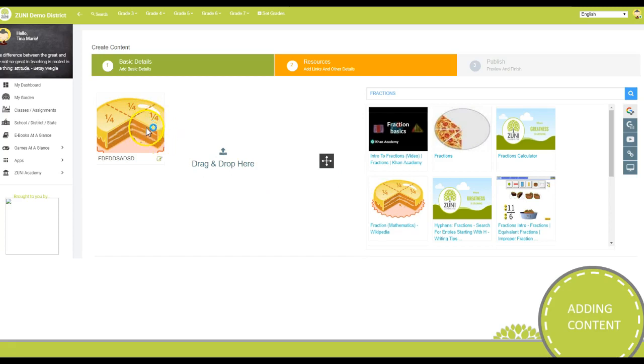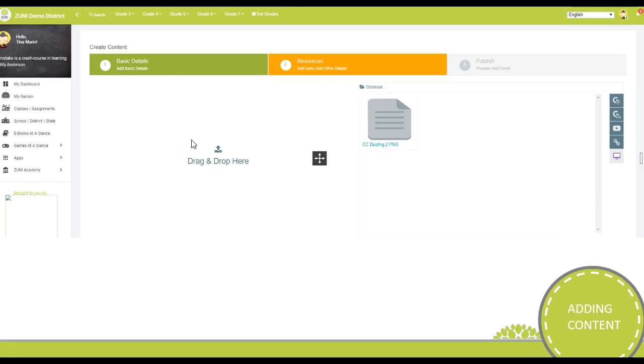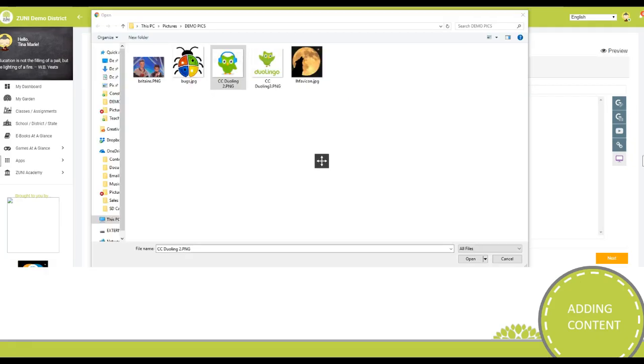And now I can come into here and do multiple things with this piece of content. Maybe instead I just want to upload something from my computer. So here is my computer button, and this will bring me the browse option. So now I can browse my folders on my computer and see what I might want to upload. So maybe I want to add this little Duolingo